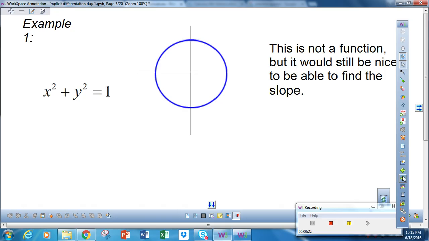Sometimes there are functions that it's difficult to solve for y. Now we see that this is a circle, and we could easily solve for y and get y is equal to plus or minus the square root of 1 minus x squared. So if we were to solve for y, I'm sorry,